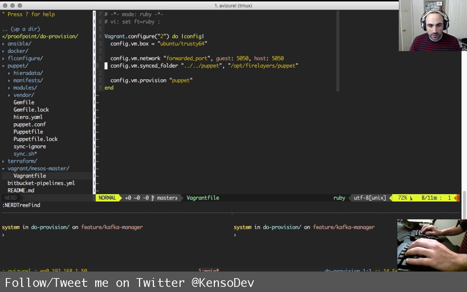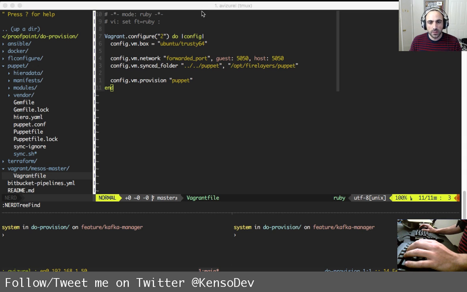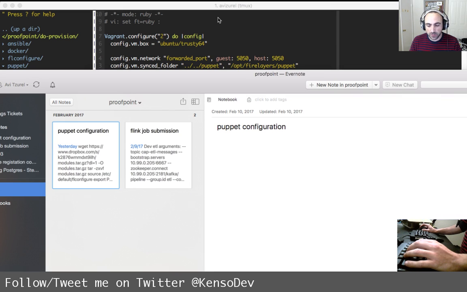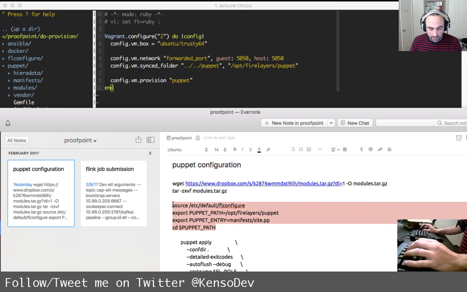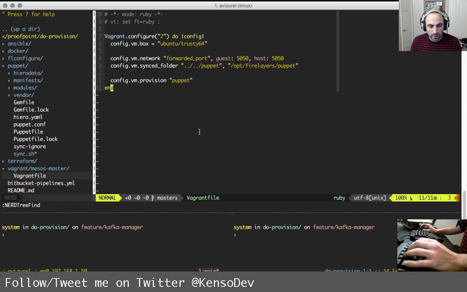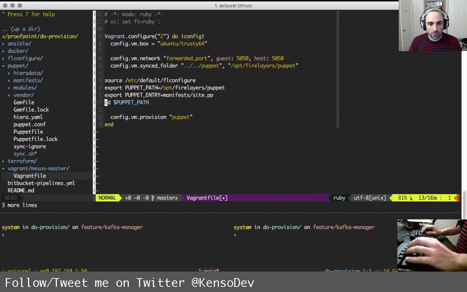Okay, so we're going to need a few things. Let me go ahead and check out what we need. I'm going to open my notes here. We need a few environment variables. And yeah, this is what we need basically. Let's paste this in. So source is etc default, and then Puppet path, Puppet entry.